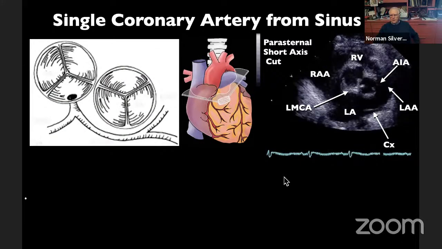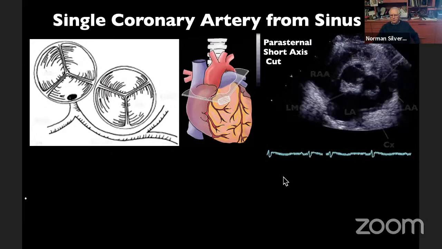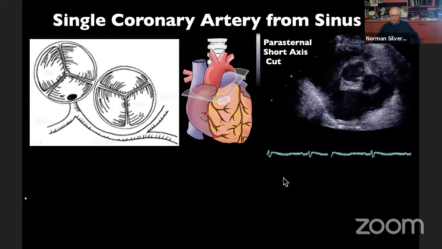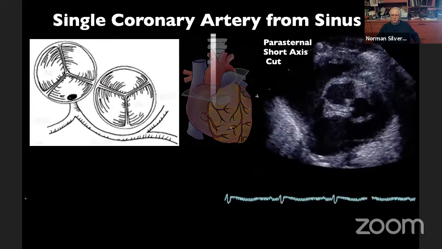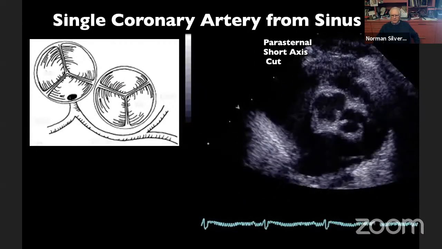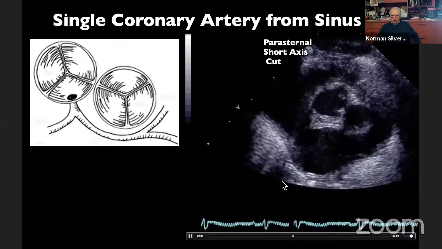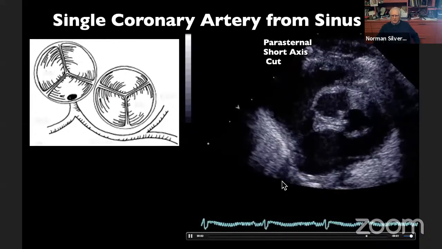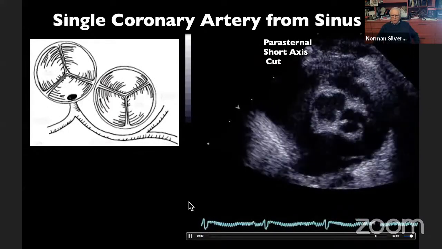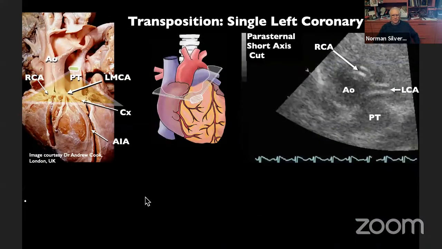So there you go. There you see how it's only possible to glimpse at this during the cardiac cycle. But I think it's quite clear that this is a common coronary artery with both the left anterior descending and the circumflex arising from this vessel. Now, a single coronary artery may arise anteriorly, as it does here in this example.